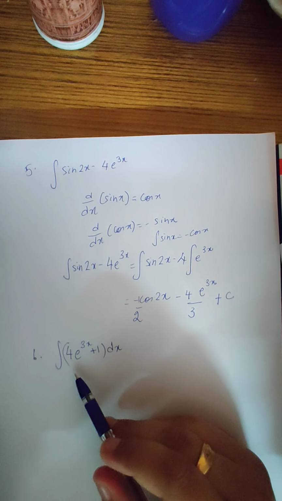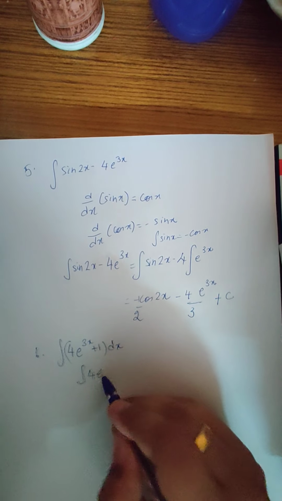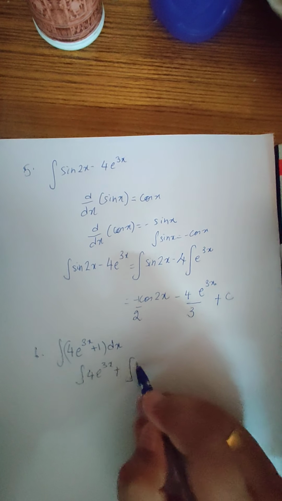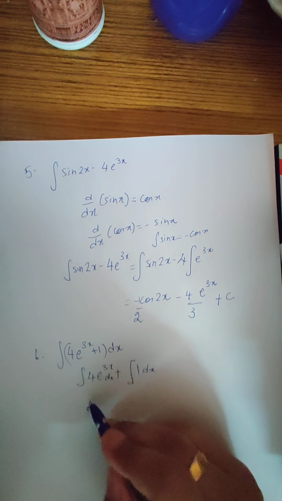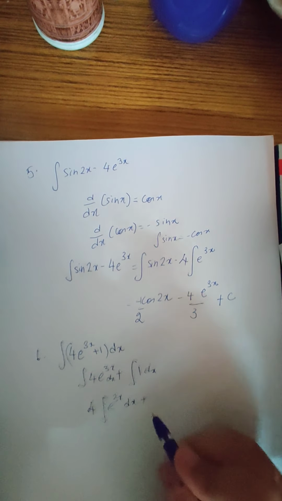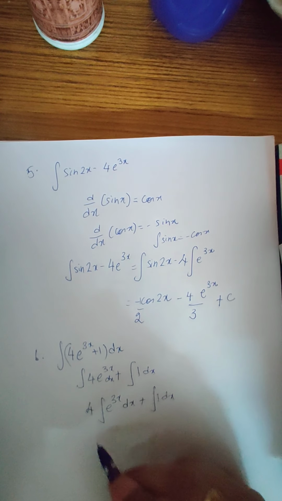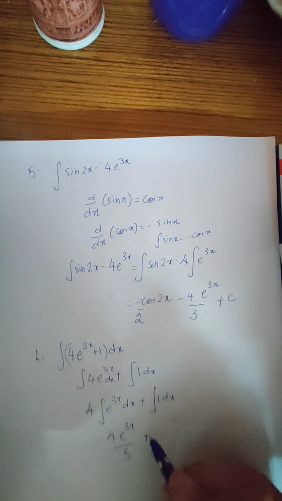So here this one is very simple. We'll just split it as integration of 4 e power 3x dx plus integration of 1 dx. So this will be 4, you take it as a constant, 4 integration of e power 3x dx plus integration of 1 dx. So this will be 4 e power 3x divided by 3 plus,